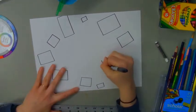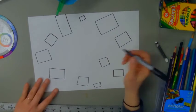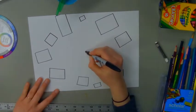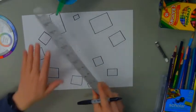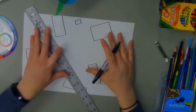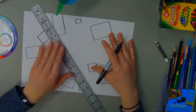Once I've drawn quite a few on here, I'm going to create a point in the middle of my page, just a tiny little dot. And I'm going to use a ruler. For this part, you definitely need a straight edge. If you don't have a ruler, you could use the edge of a piece of cardboard or something else that's